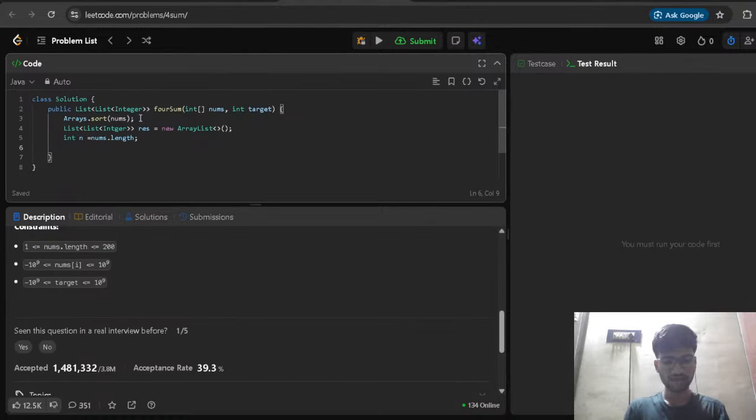So from here onwards we use a for loop for fixing the first number. Int i equals to